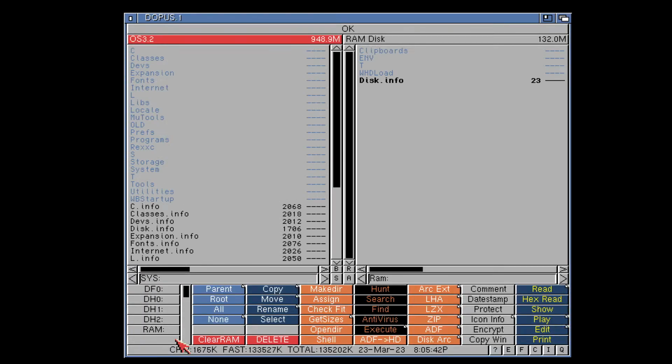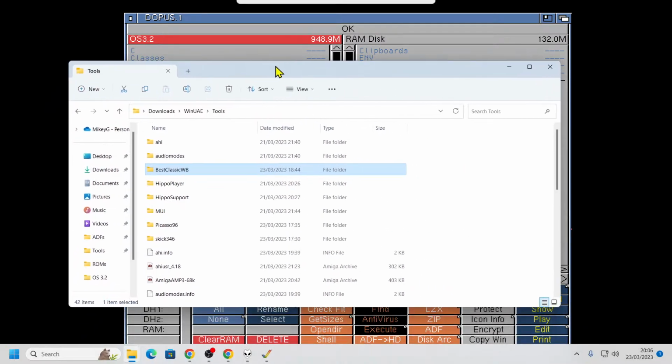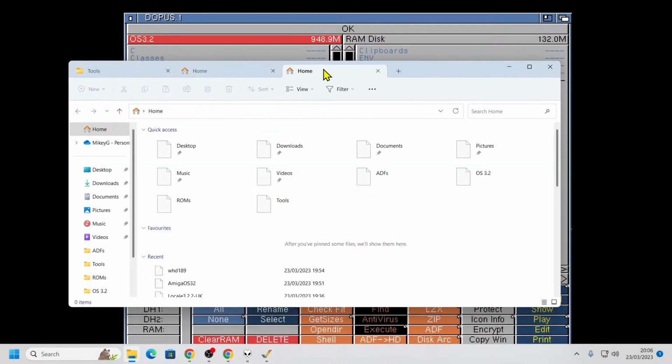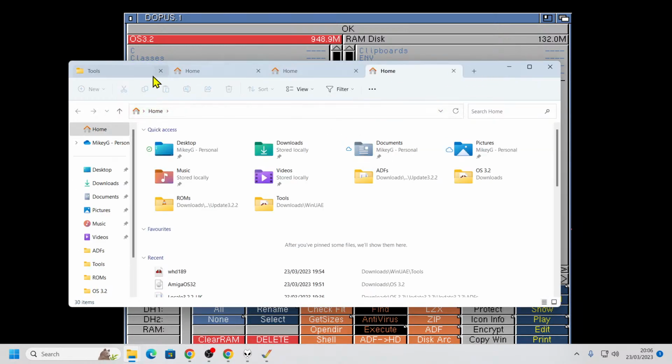I mean, Windows 11 is starting to get a little bit better, in that now we've got tabbed windows. So if I grab my tools, this now is a step forward, definitely, in Windows,